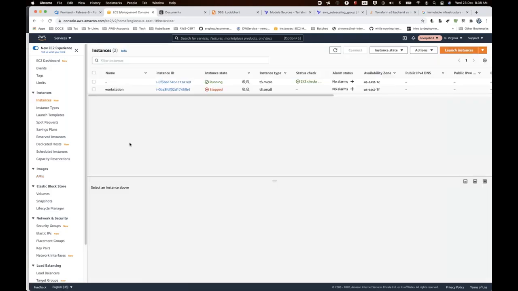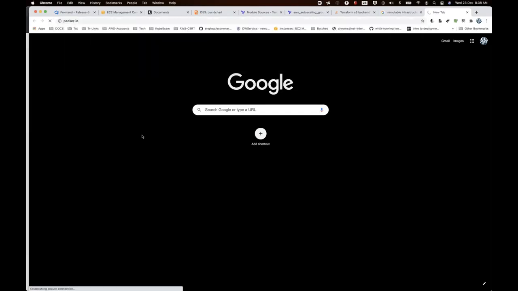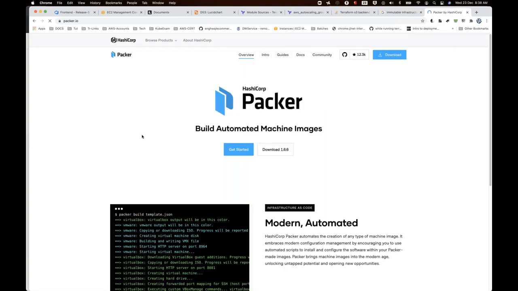Now, in the same way, I'm going to create a server, set up inside that server, and then convert it into an AMI. Back in the day, at least 10 years back, I majorly used a tool called packer.io. Packer.io is an alternative tool from the same Terraform guys, HashiCorp, a utility for packing images. But now I don't want to go with it, because at that time Terraform didn't support making images, so I needed a third-party tool. Now, since I'm already running everything on Terraform, and it also supports this,